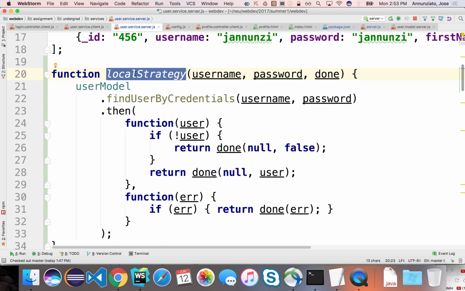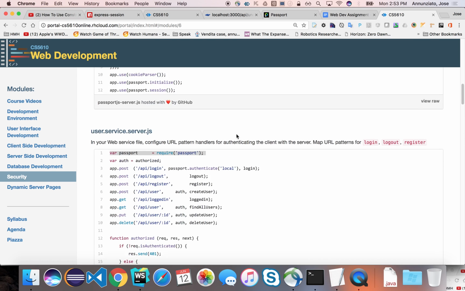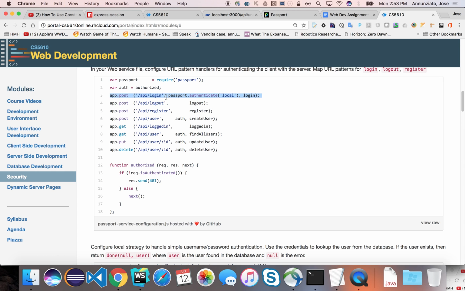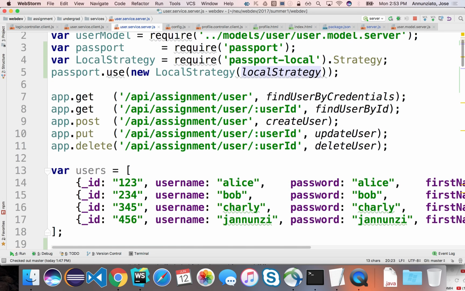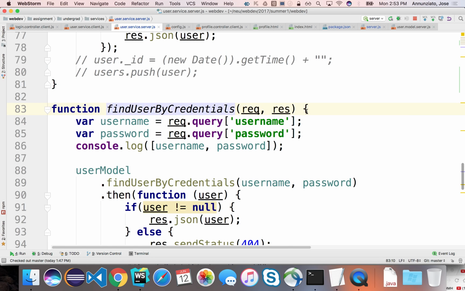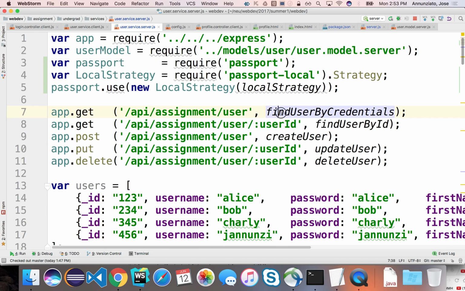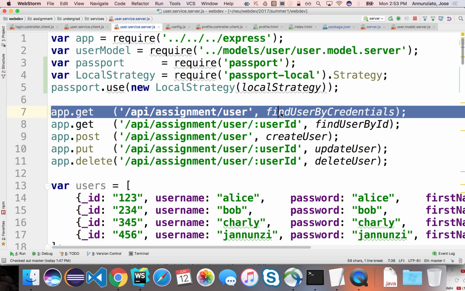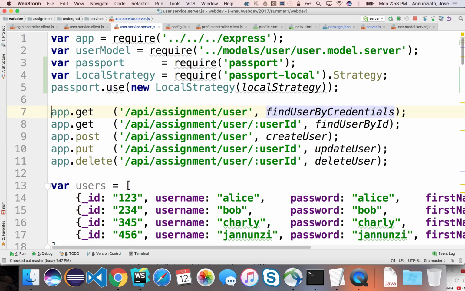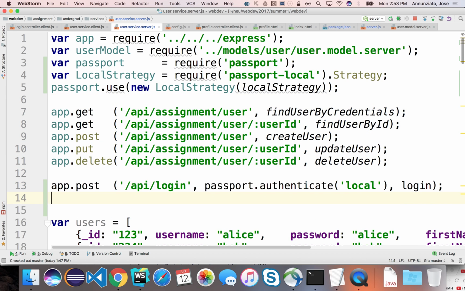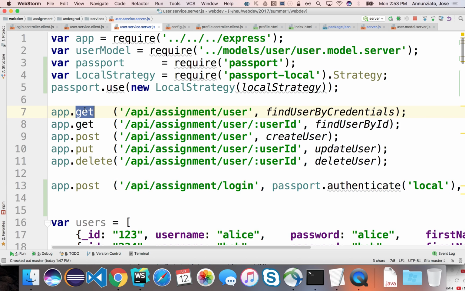Here, this local strategy is going to be used to intercept our login. The way it's going to intercept it is by us providing this login over here. Instead of using this find by credentials to be able to log in, which I think is what we're using right now, we're going to stop using this and instead use this alternative way of doing it. It's going to be API/assignment/login, and notice that we're going to change it from a get to